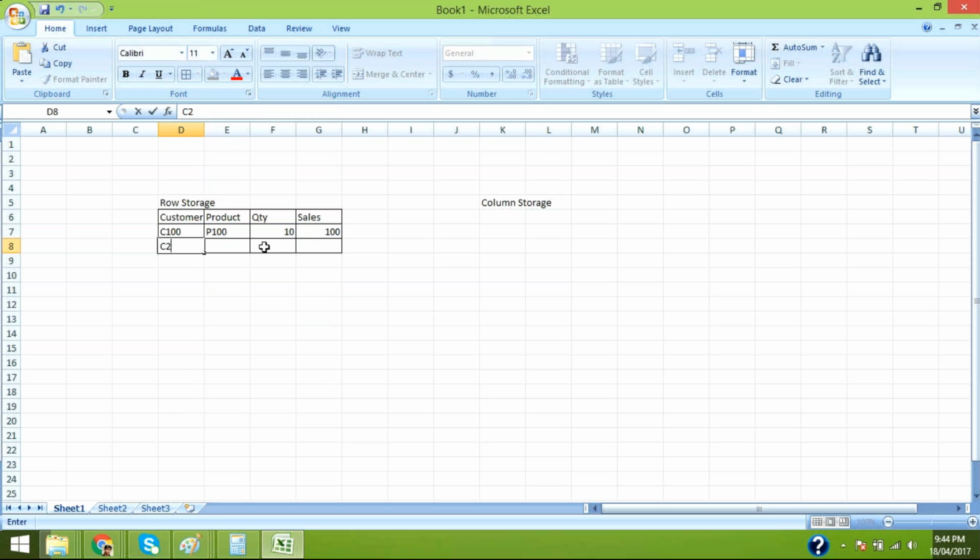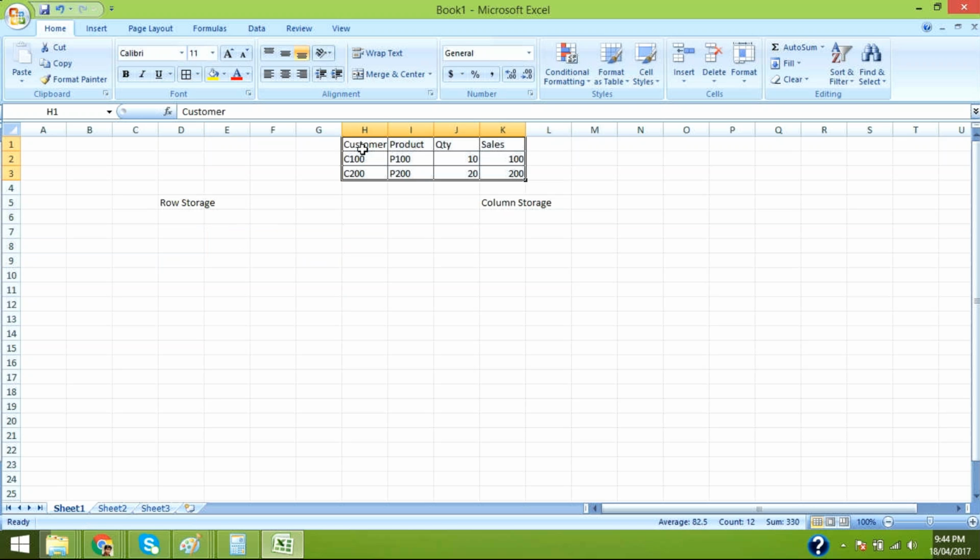And you have a customer C200, P200, 20 and 200. This is like a general table. We're going to see how this will be represented in row storage